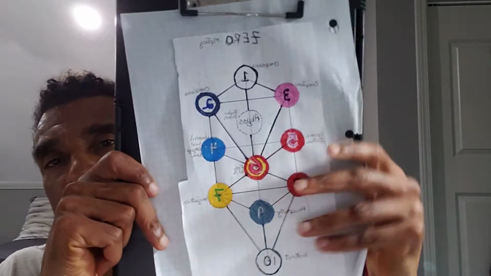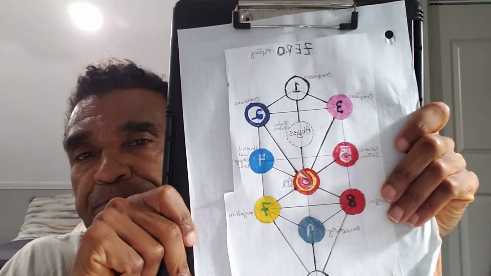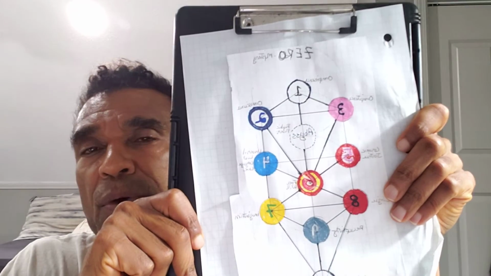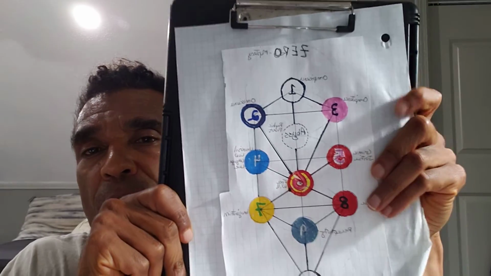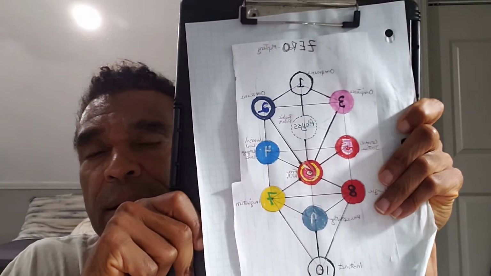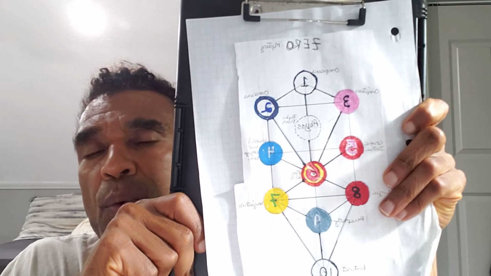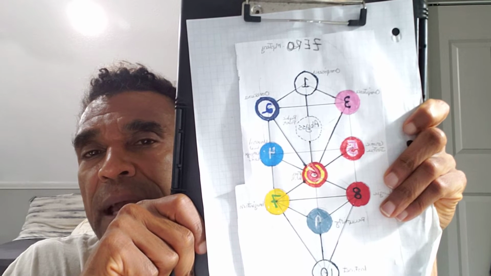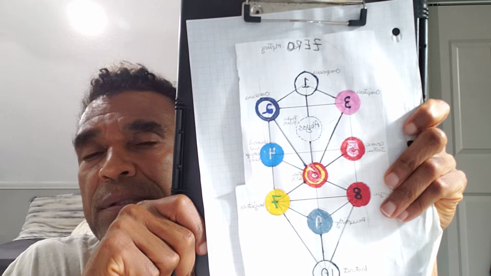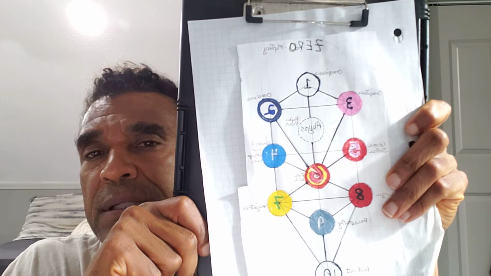Here is the aforementioned tree of life, and this model goes all the way back to ancient Egypt, at least, probably way before that. It is a geometrical diagram with 10 different spheres, 22 lines connecting them, and a few other components along the way. It's basically a model of our faculties of consciousness, or a map of our consciousness.